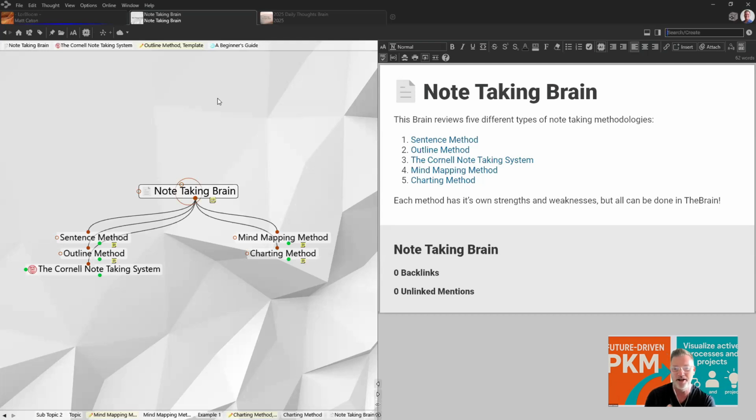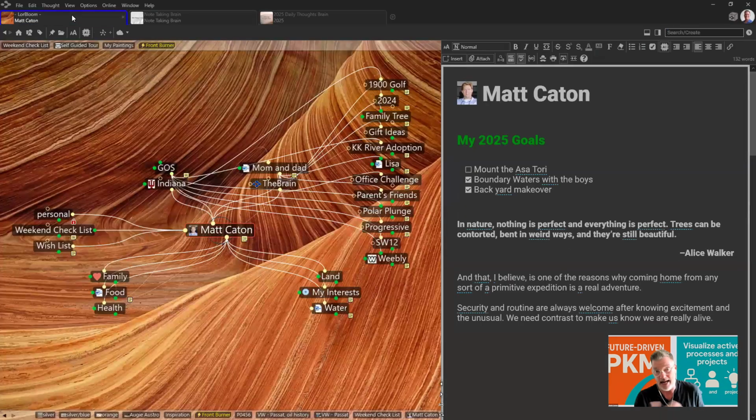Shelly and I have both been with the Brain Technologies since the beginning. Shelly, a little bit longer than myself. And we have created brain databases that we still use to this day. And my personal brain that I use, this is a brain that I do feel comfortable sharing with the world, has become my future personal knowledge management system.